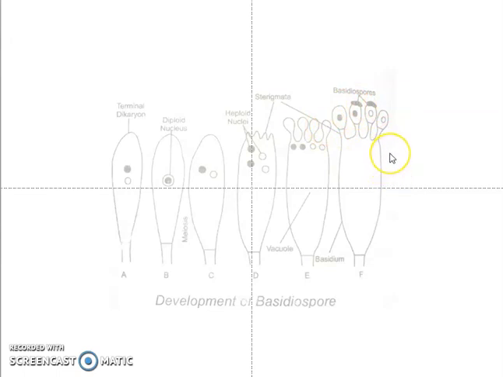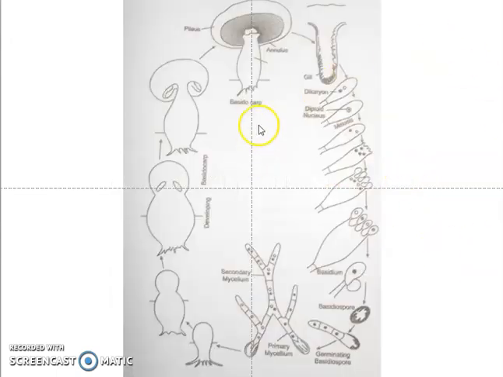So these basidiospores can germinate under favorable condition, these basidiomycetes will germinate, and thus primary mycelium will be formed. So we started from primary mycelium, now we ended up in basidiospore. Let's see the life cycle of this organism. This is what we learn now.